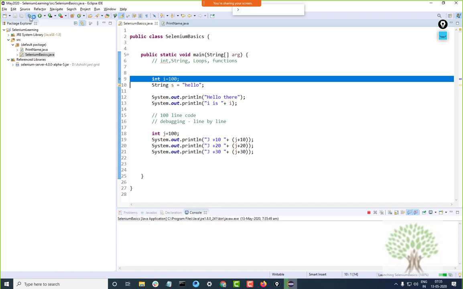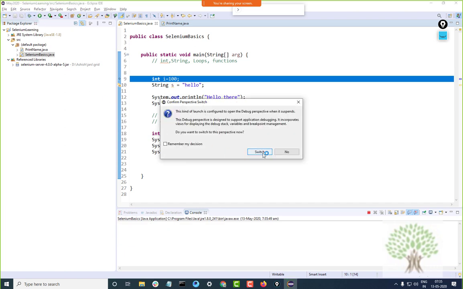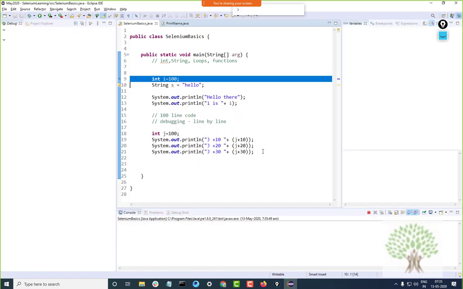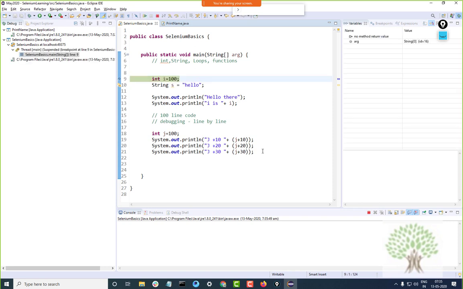When you run this and switch over to the debug profile, it runs and highlights the first line.